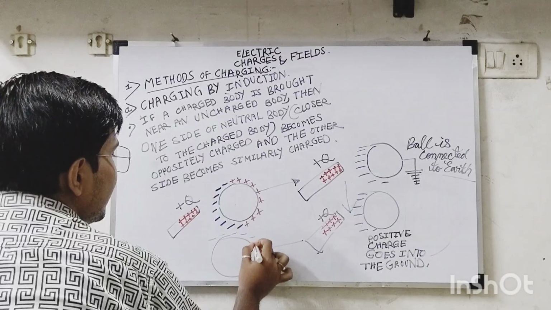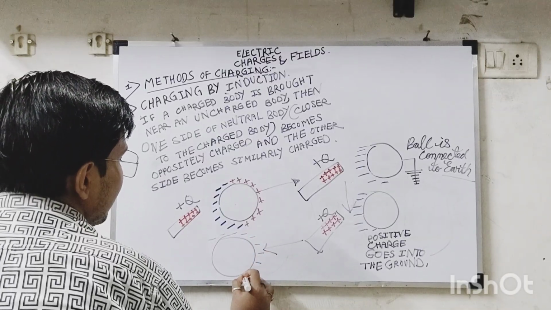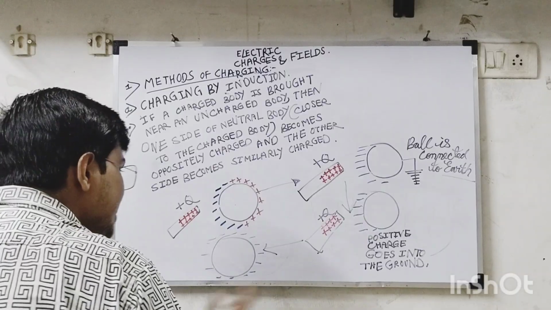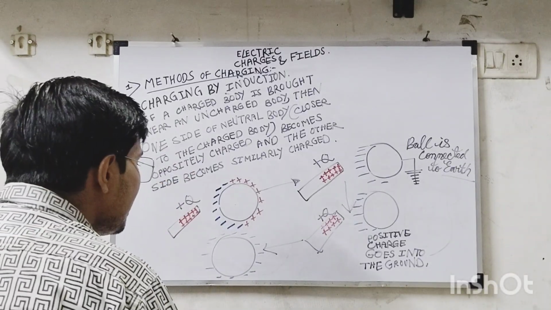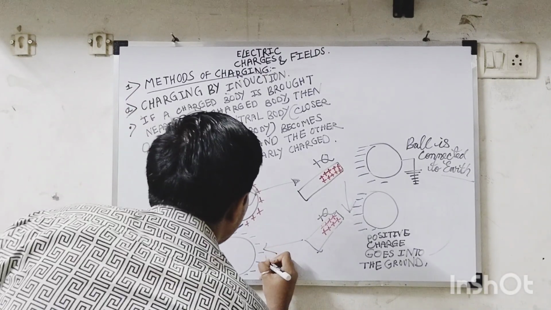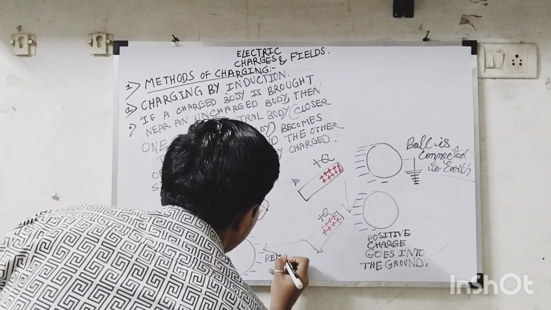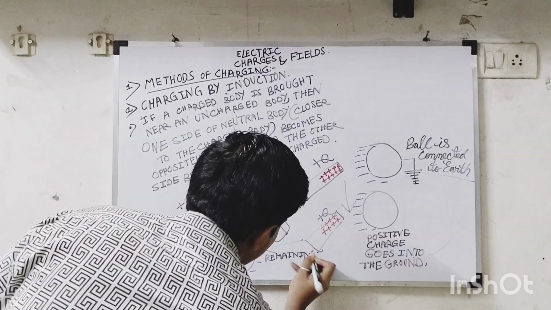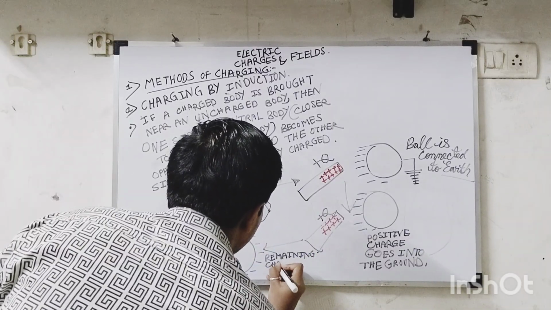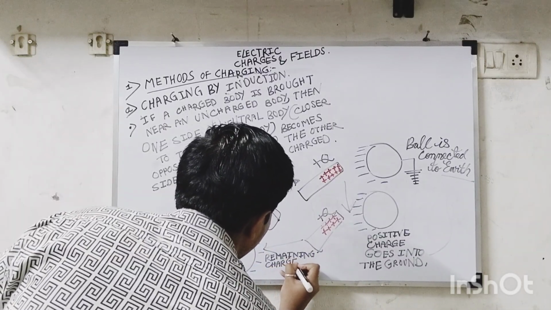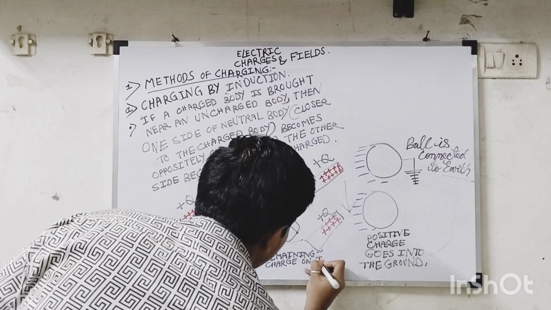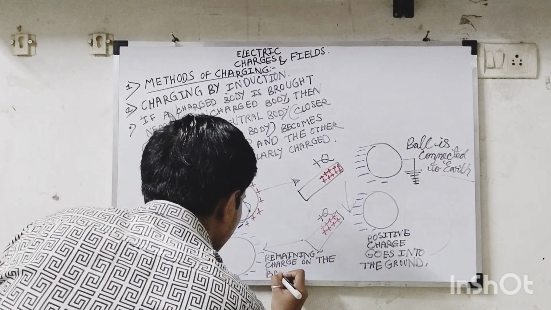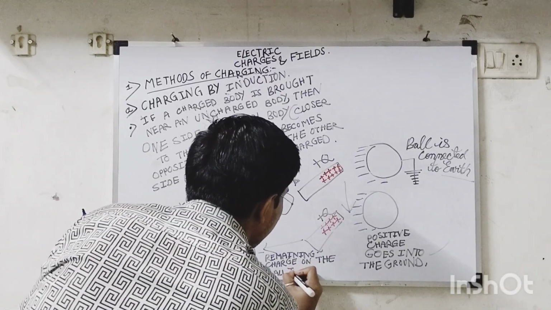It will totally get negative, because the remaining charge on the ball is uniformly distributed. Simple. Remaining charge on the ball is